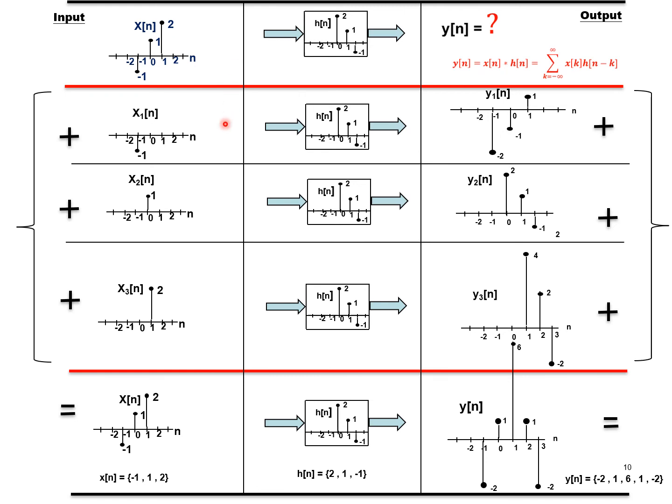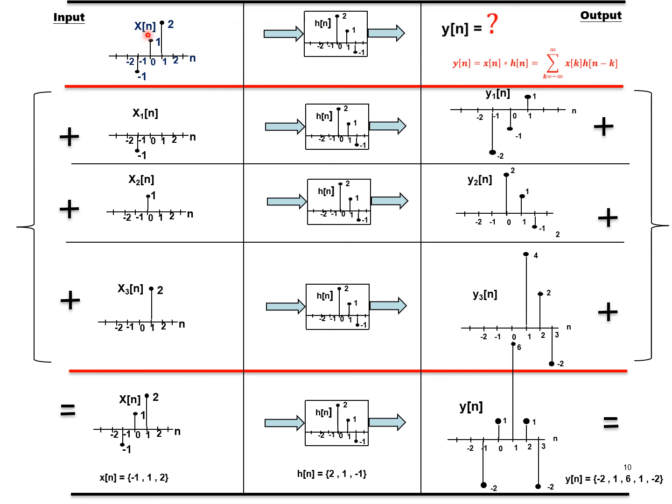This problem I'm solving by two methods. The first method I'll call the graphical method. In the exam also they may ask for a graphical method. Another method I'm going to follow to verify the result is the matrix method, which I'll do immediately after this slide. In the graphical method, I'm showing everything graphically. In the matrix method, I will show the mathematical operation. But another method is using the formula, the convolution sum itself. This I will reserve for convolving long duration sequences.